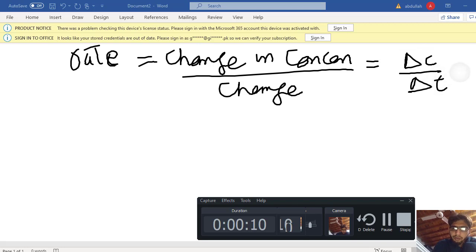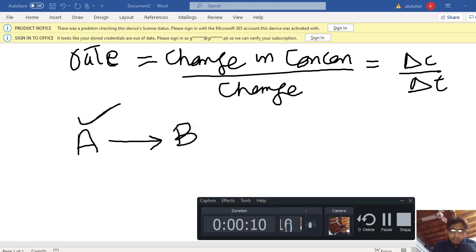Or suppose we have a simple reaction in which A is converted into B. This can be an isomerization reaction or neutralization or some other type of reaction in which A decomposes and is converted into B. Now the concentration of A, suppose at time t is equal to 0, the concentration of A was Ca